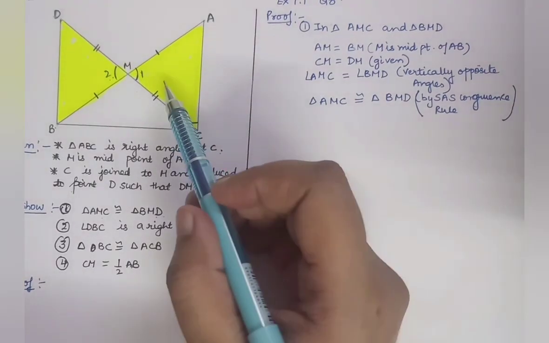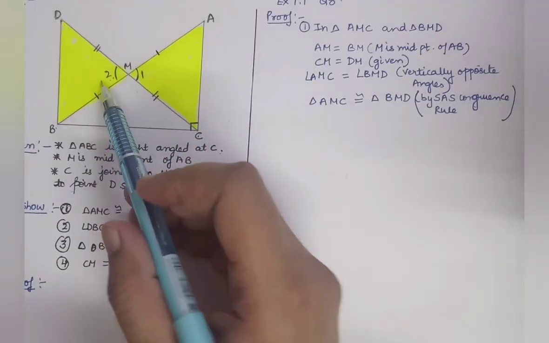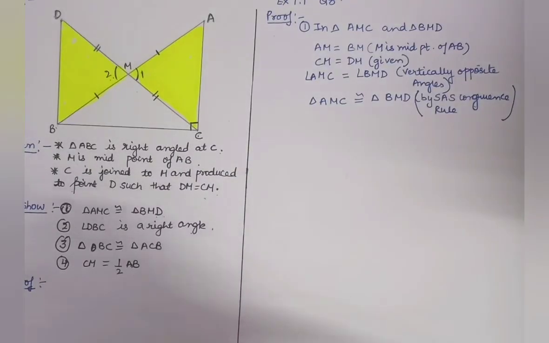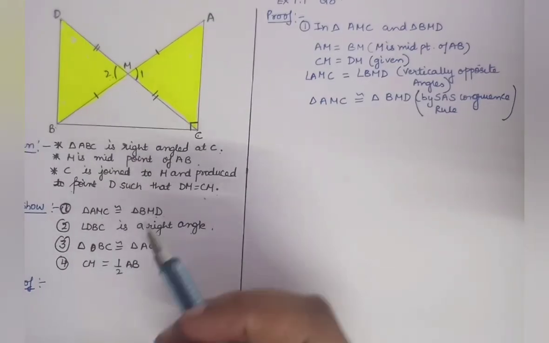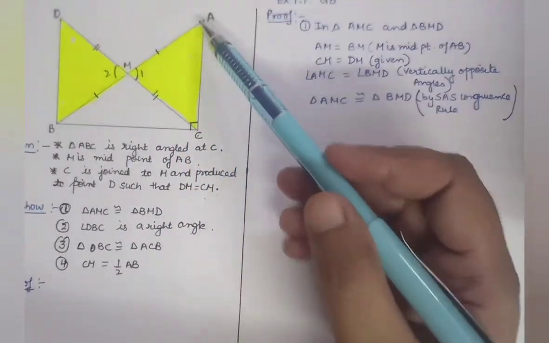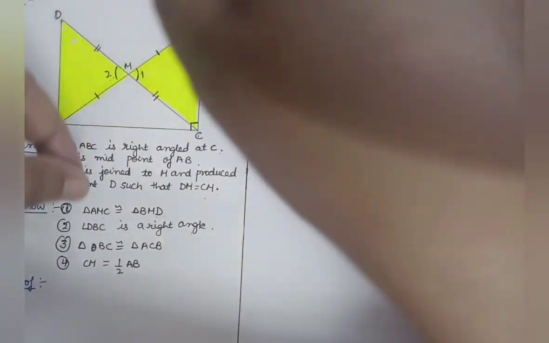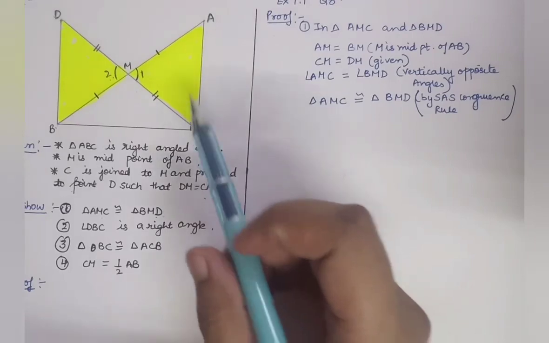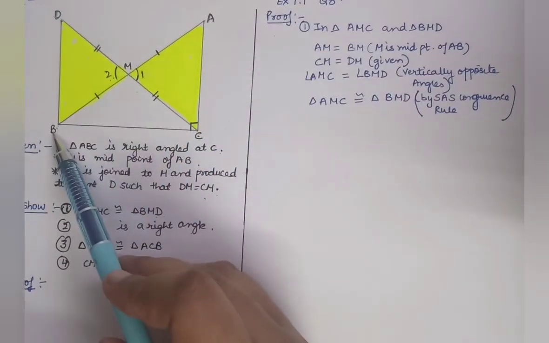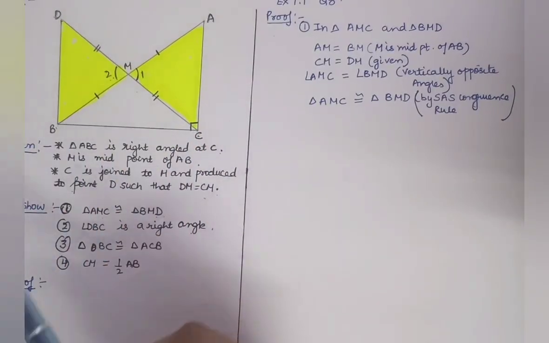So when I see these two triangles, I say they are congruent from the first part. I will also think about the overlapping. Whenever we are talking about congruency, we also have to think about the overlapping of the figures. So if I see overlapping of these figures, that means I will be cutting this triangle and then moving it in this direction and putting it here, so that point C superimposes point D and point A superimposes point B. Then only these two are congruent.